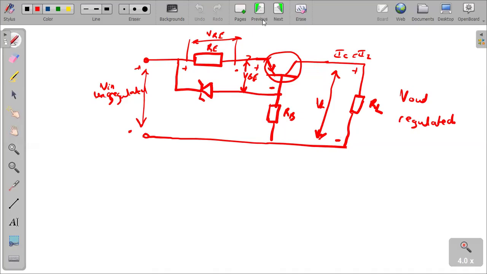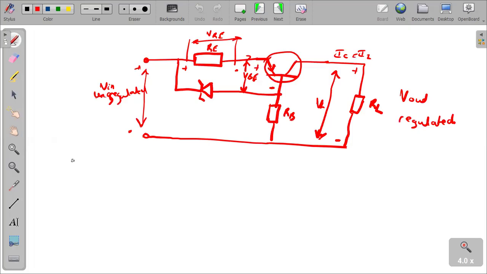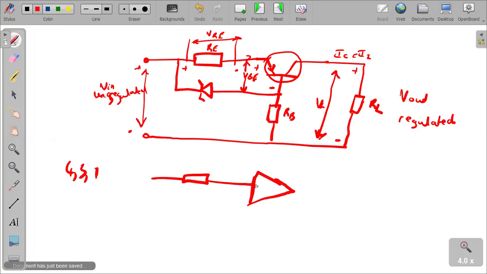Our next question is saying, draw a neat labeled circuit diagram of number one, the integrator op amp. So let's start with the integrator op amp. That's 4.3.1, so I'll label it 4.3.1. This is what we have. Number one, I'll indicate R1 here. Then there it is, with positive here, negative, and I have the feedback with the